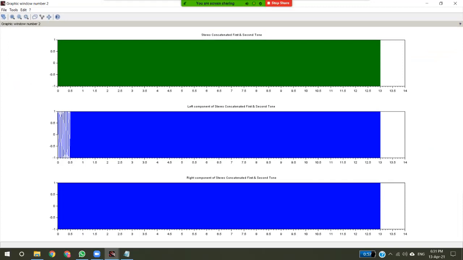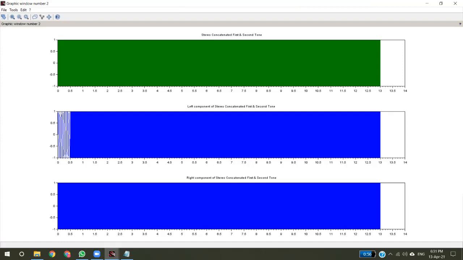So the first and second tone are played simultaneously. Since both the tones are added, the first graph, which is the stereo combined first and second tone, the color is green. So this is the graph for both the tones playing simultaneously.